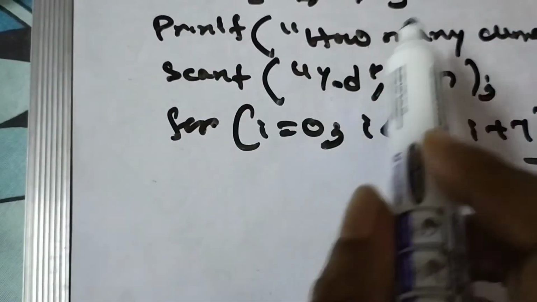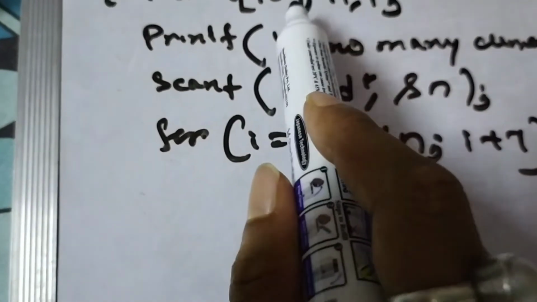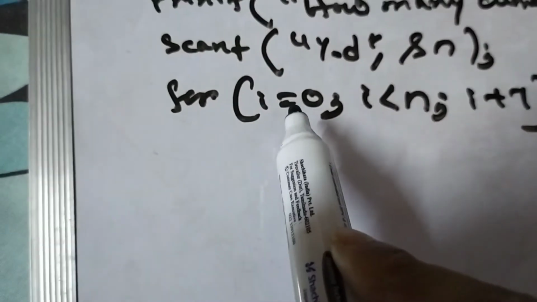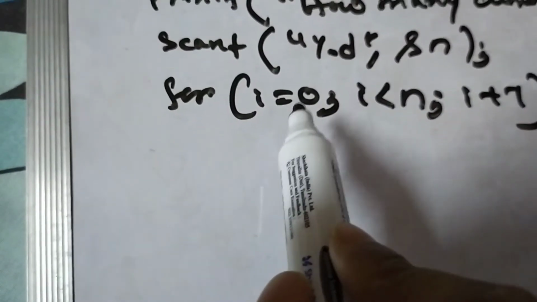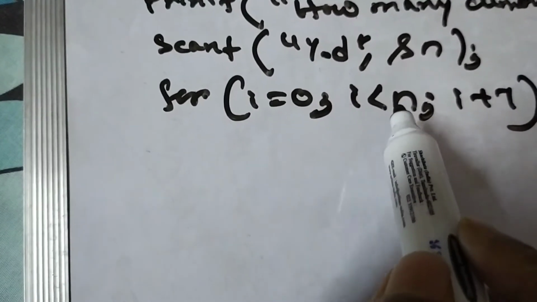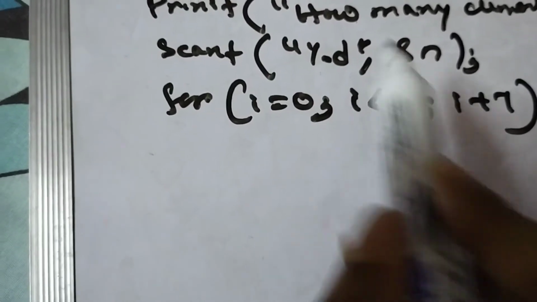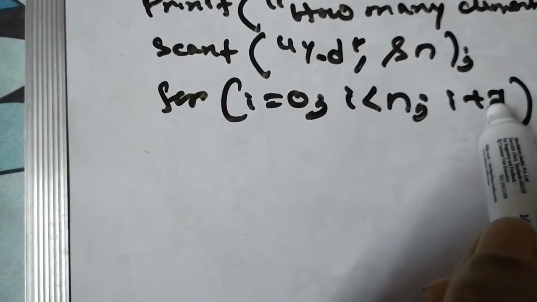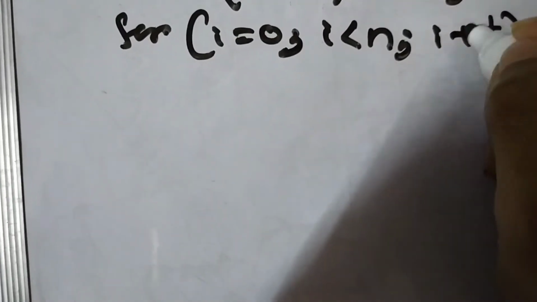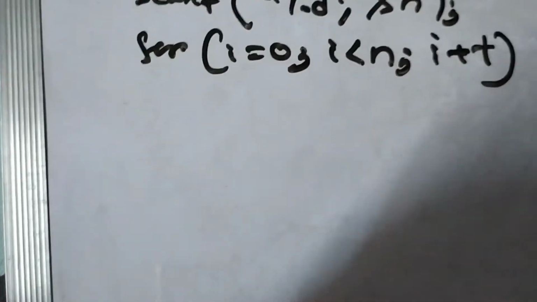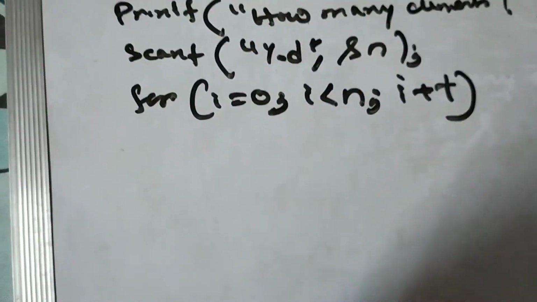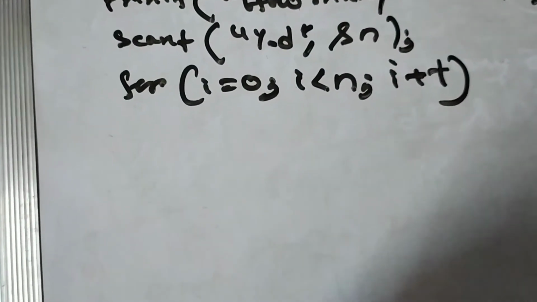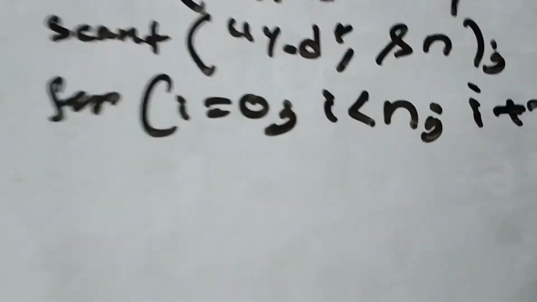Now I want to specify how many elements. So for that I have taken the value of the number of elements in n, and I have set the parameter that for i equal to 0, that means starting from 0, and i less than n, that means I have fixed the number of elements up to n, and i plus plus, that means the increment operator, which I have already discussed in my previous video.